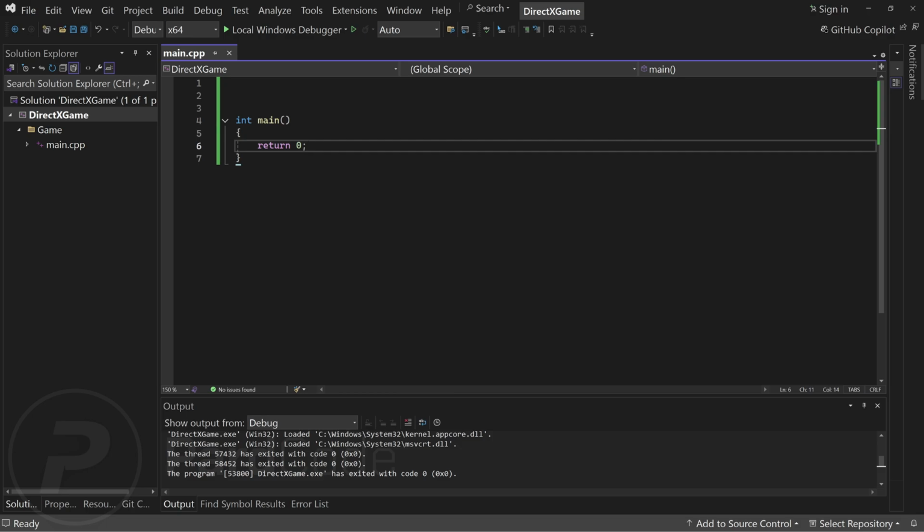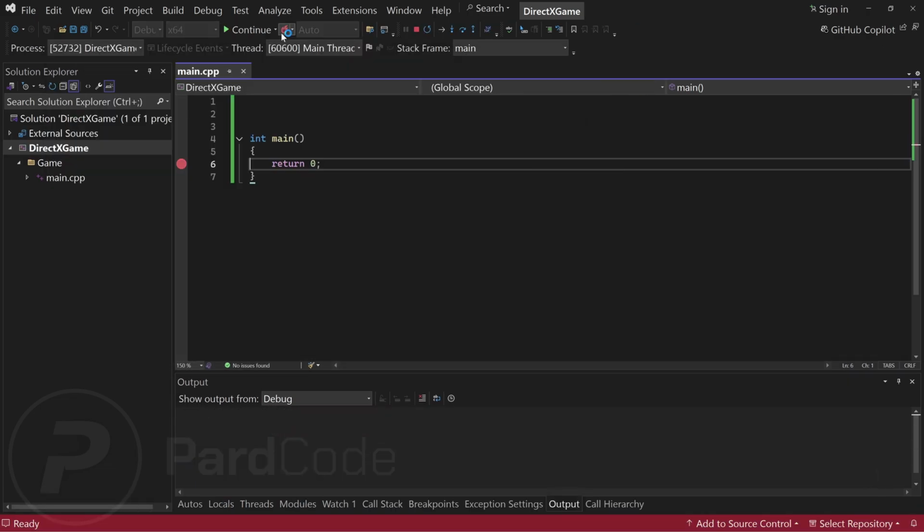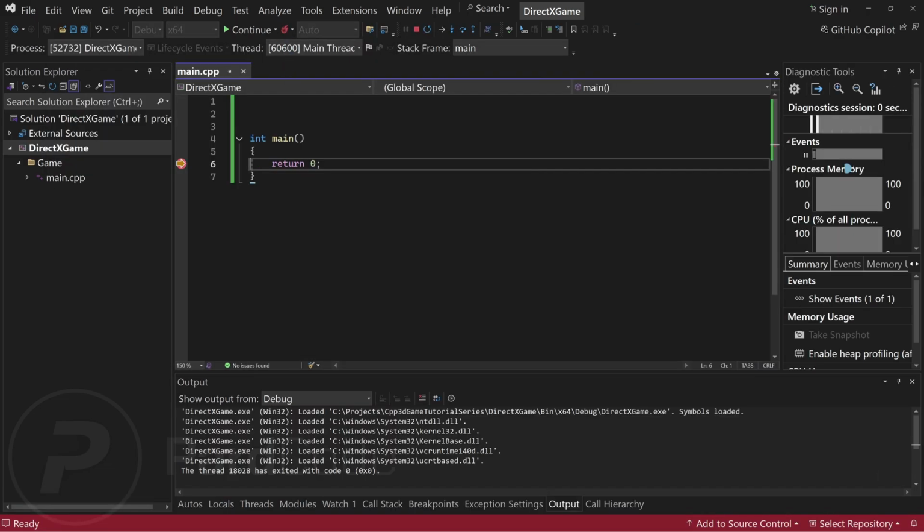Let's place a breakpoint at the return 0 line by clicking on the left margin. Now, let's click the local Windows debugger button again. What's happening now? The execution of our program has paused at the red dot we just placed. At this point, we can step through the code, moving through the program one line at a time to observe